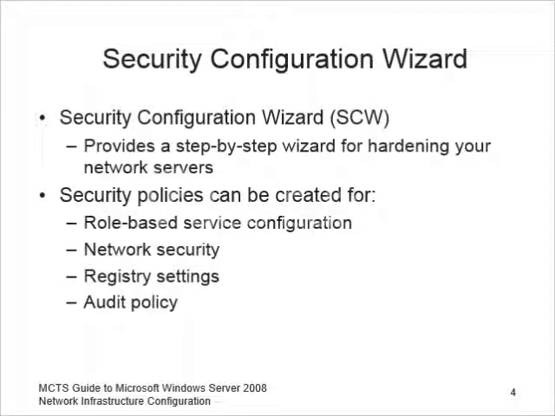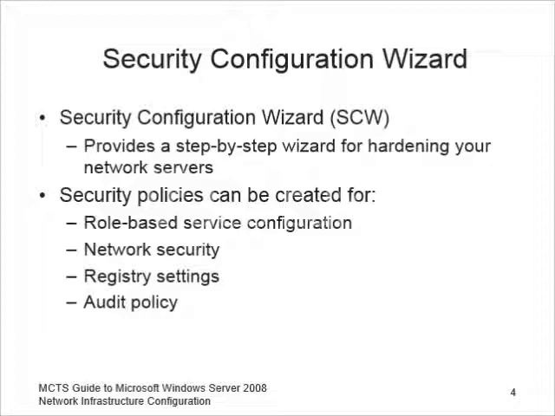First, introducing Windows Server 2003 R2 and Windows Server 2003 Service Pack 2. The Security Configuration Wizard provides a step-by-step wizard for hardening your network servers. The SCW takes a holistic view of your server. By analyzing the baseline computers, the SCW can determine the roles and features that are installed. These findings are compared to a database of settings to determine what changes can be made to harden the server